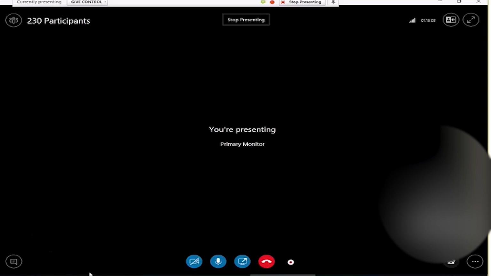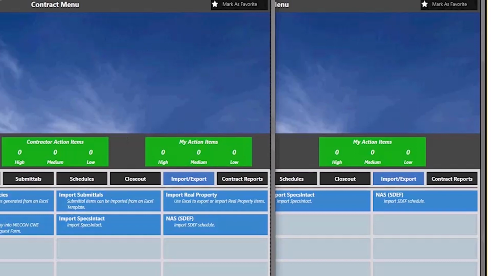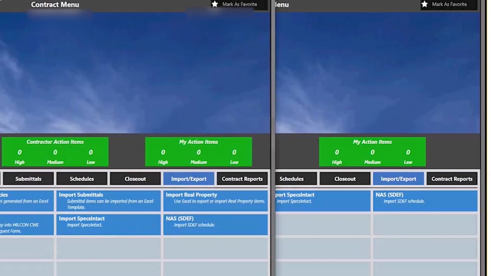All right. So Dallas introduced us to the SDEF file, how the contractor gets the SDEF file, and what the government is expecting. We're going to go through that whole process right now. Again, I have the government side up on the left-hand side. We know it's government because it's blue up in the top right-hand corner. When I switch over to the contractor's side, I have a gold or yellow tile option on the top right-hand corner, Contractor Mode Home. So we're inside of the same contract on both RMS copies. I'm running both at the same time, just so you know you can run many copies of RMS at the same time. So we're inside of this contract,